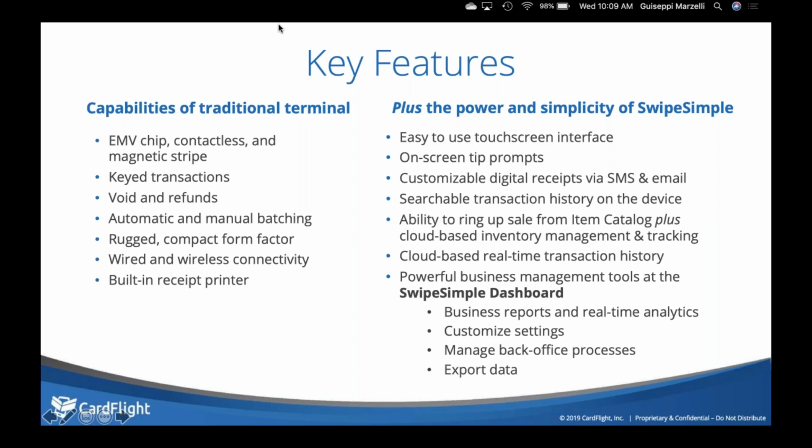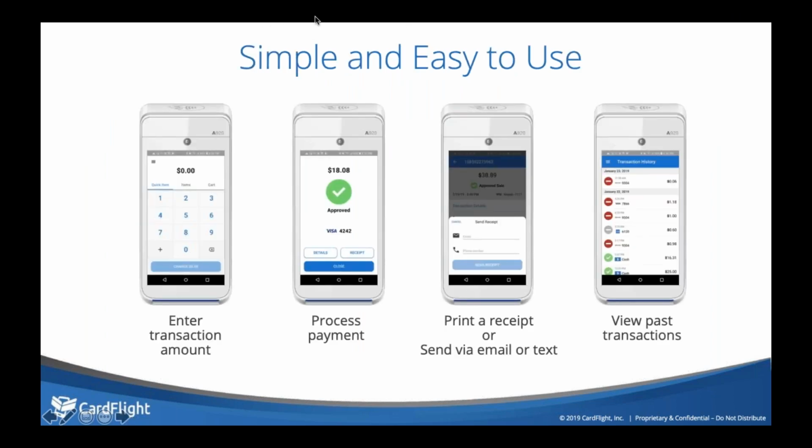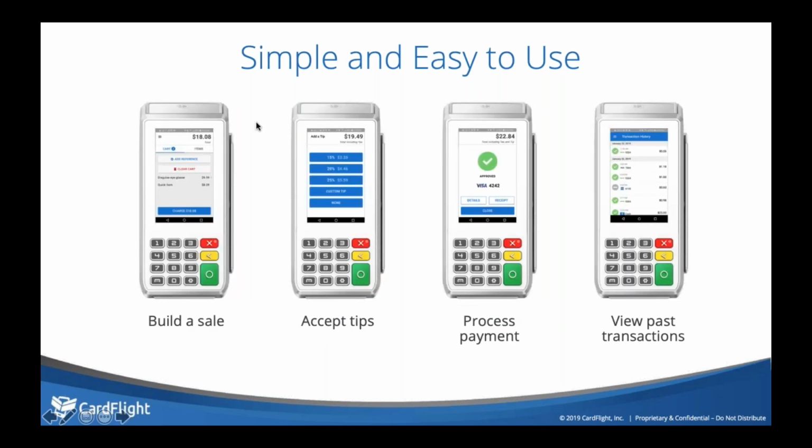And then I'm just putting some features in here that you guys can obviously go through to validate, and you can look up later as I send out this deck and the recording. And when I said simple to use, the print or email receipt, or even send text receipt, it all pops up right for you. It's very intuitive. You can see the past transactions on the right side. You can see declines, refunds. You just click a transaction and it gives you the options as it would on a mobile device or a smartphone. So I tell anyone, if you use a smartphone, you should be good to go. Because if anyone is intimidated from moving off a brick terminal,